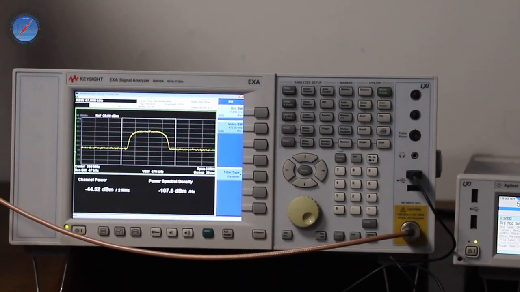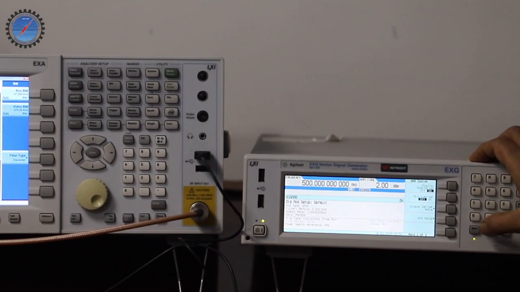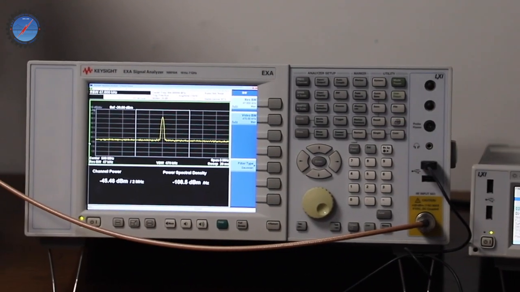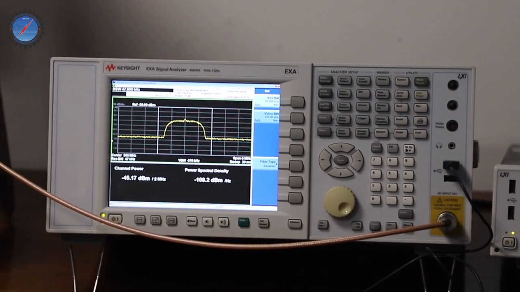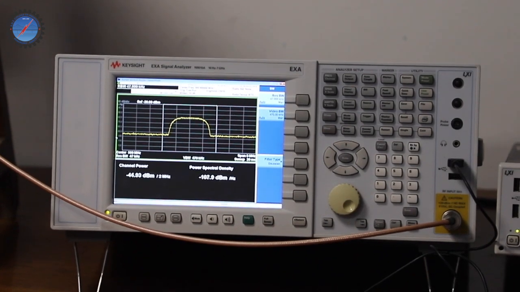If I turn the modulation off, you can see the carrier that has been transmitted, and if I turn the modulation on, you can see the spectrum of the BPSK modulated data.